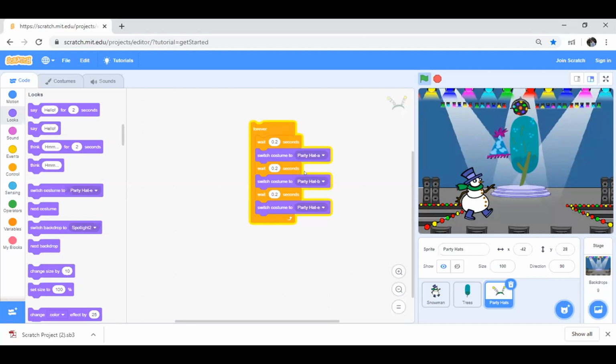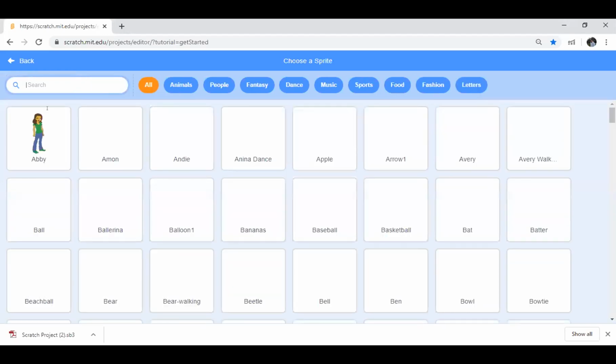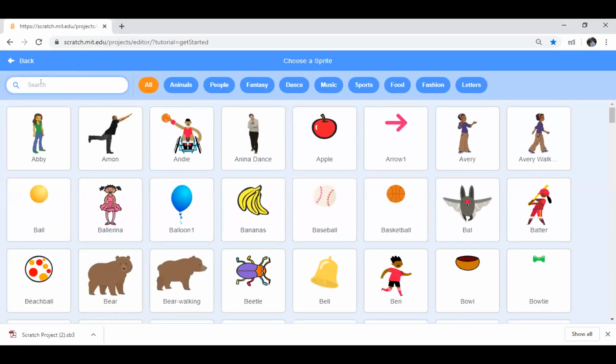So do we have to change background? We will do it later, okay? All right, so can you add a new sprite? Let's go and add a new sprite. No, because yours is parties, so I have to delete this. Why did you delete it? We have to add a new sprite, correct? Yes. So now let's add a new sprite, snowflake.